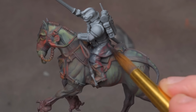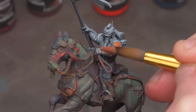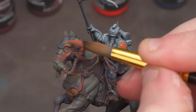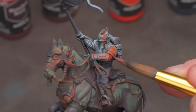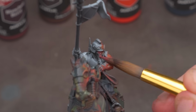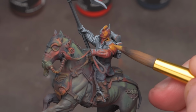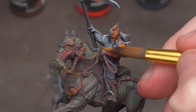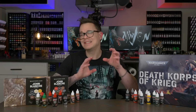Because I put every color in the set on my palette, I just grab from whatever puddle catches my eye, or mix a few of the colors together and find a fun place to lay them on. I do try to respect the volumes and shapes across the figure, giving a bit of dimension through color, but I purposely keep using my large brush here because I don't want to get stuck in the weeds. Creating drama through color and setting up our initial volumes is much more important than worrying about any specific details